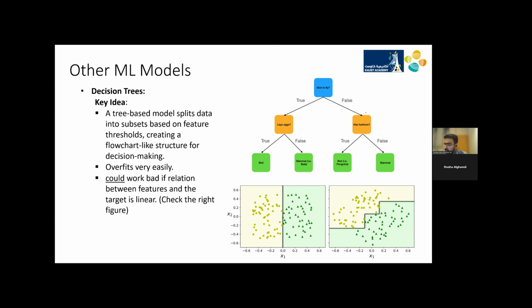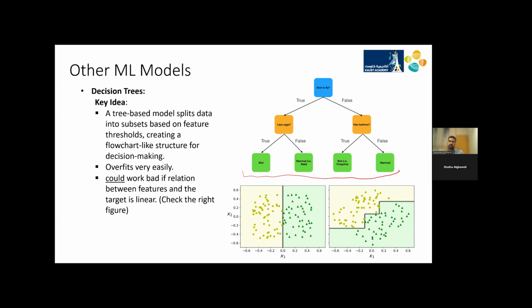If it's true, or if it's false, and then if it's true, you ask another question: does it lay eggs? If it is false, then you ask, does it have feathers? You actually keep asking yourself questions, and eventually reach some bottommost layer where you give the prediction. Okay, yeah, that's it. The main problem with decision trees is that they do work very well, but they can